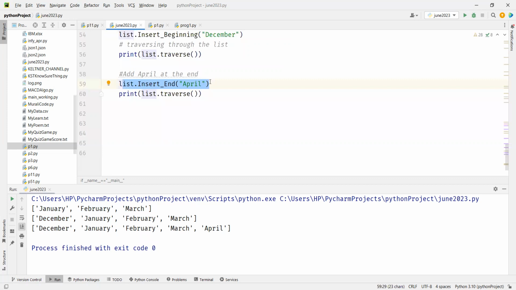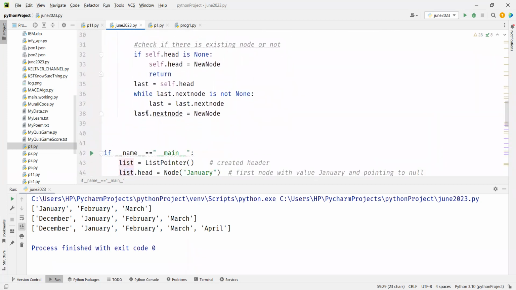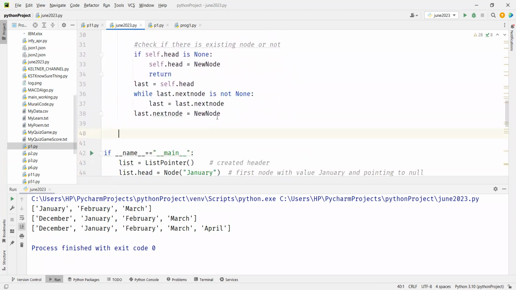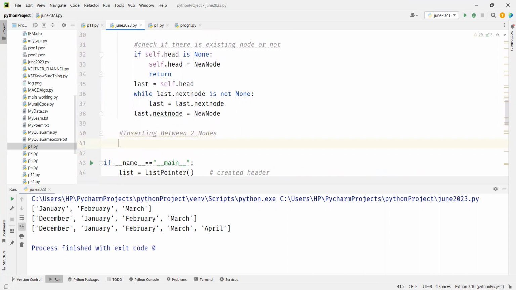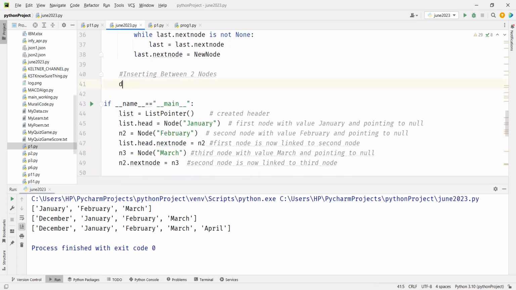Okay. So this is how you can add. Now the important one. We need to add in the beginning. So inserting between, so we'll say inserting between two nodes. Inserting between two nodes, I'm going to use def